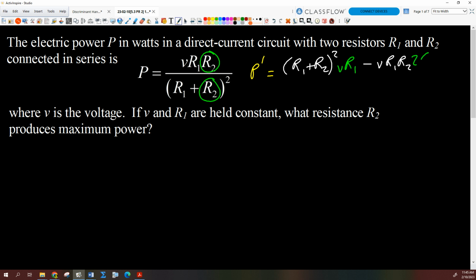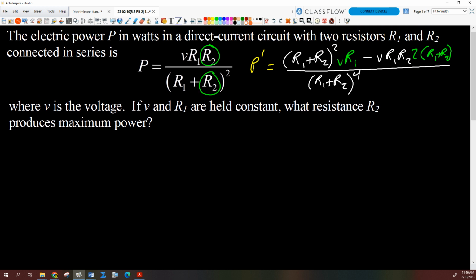Okay, 2 times R1 plus R2 times 1, right? All divided by R1 plus R2 to the fourth, right? You got to square the bottom. Okay, so if we clean that up a little bit, what's that going to give us for our derivative then? We're going to get